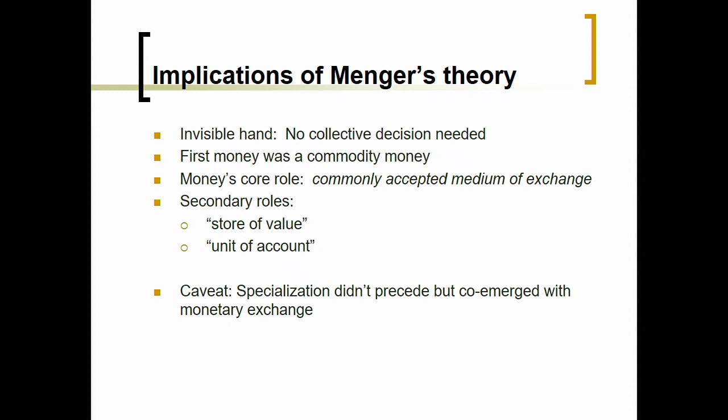Yeah, so money's core role, according to Karl Menger, is being used as a commonly accepted medium of exchange. Basically, if you want to buy something, anywhere you can go, people are going to accept that as money. So it's very easy to trade with, very easy to get what you want. But there's two other roles that money has. One is a store of value. So it's not just useful today, but if you don't need to buy anything right now, you can still have that money and save it for later. And later on you can buy it, and it's going to retain that value.